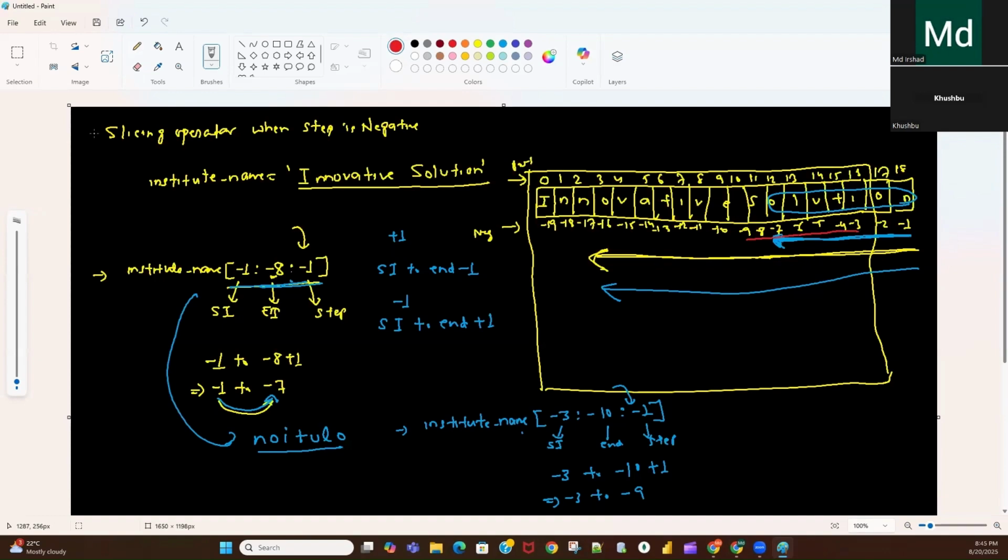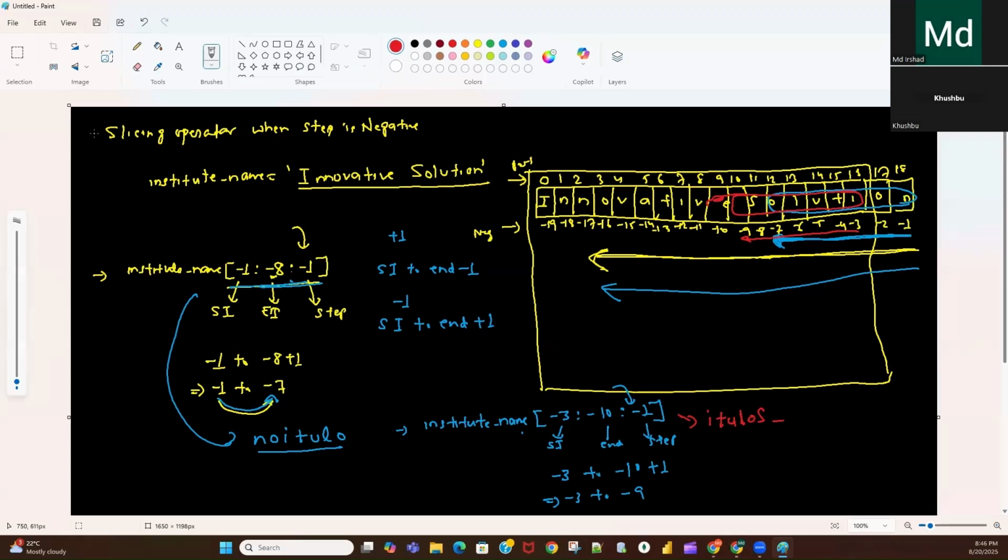The output will start from minus 3, from here to here. Here a space is there, right? So we will get output I, T, U, L, O, S, and here a space will come, blank space.